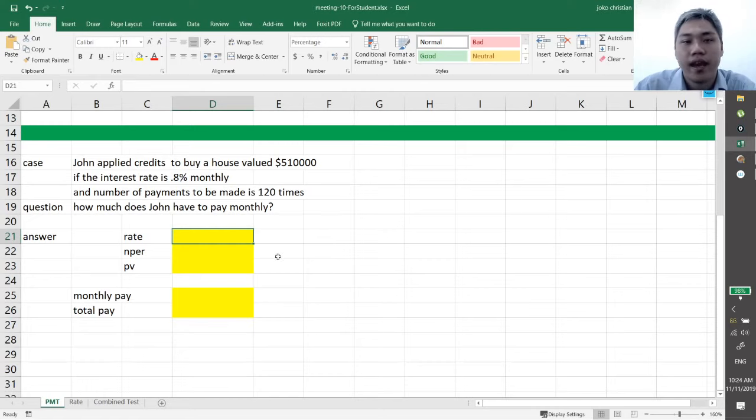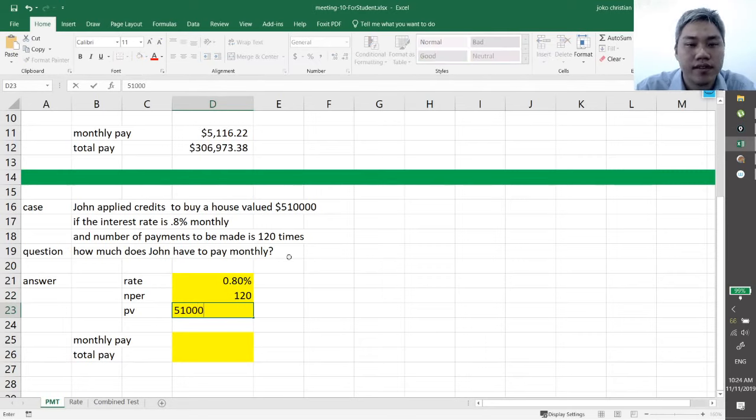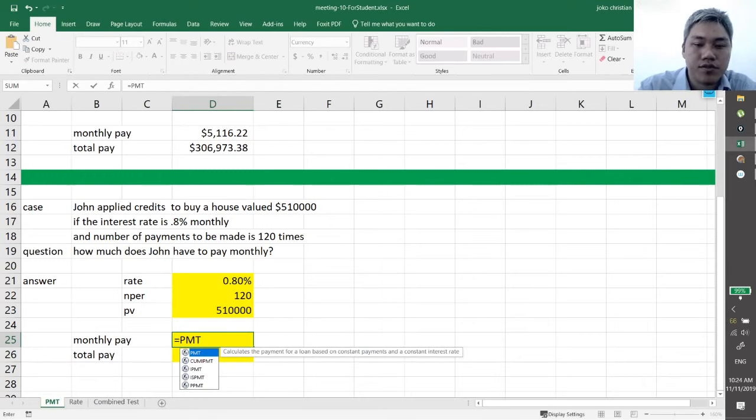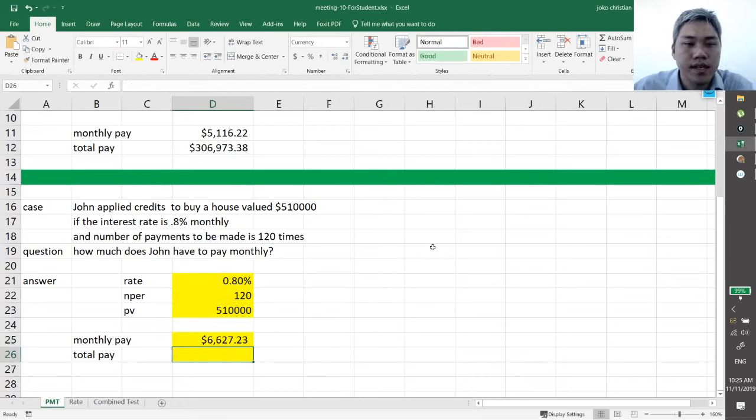Okay, so I'll give it to you now. We'll put the rate here. The rate is 0.8, just like this. This is 1%, so I put the rate 0.8%. And the number of payments is about 120 times. And the present value of the house is 510 grand. So each month, John needs to pay equals PMT, open parenthesis. The rate is from D21. Number of payments is 120 and present value is negative of D23. John has to pay about $6,627